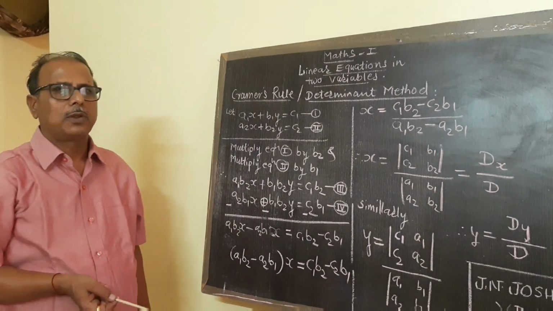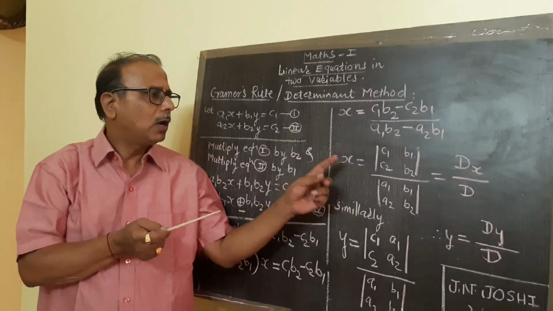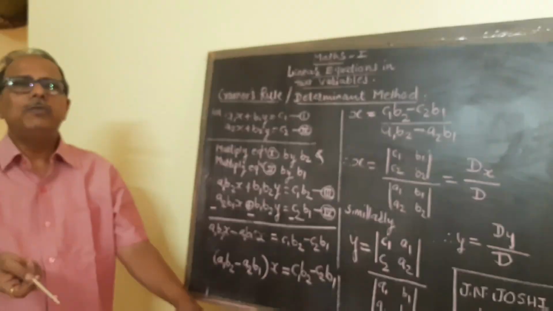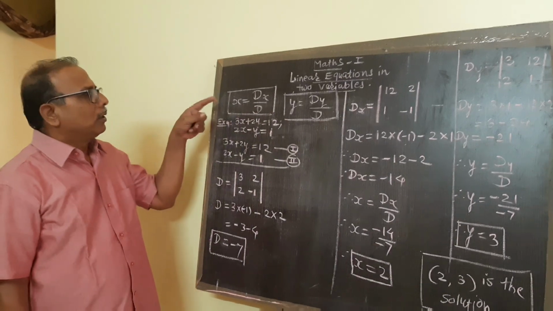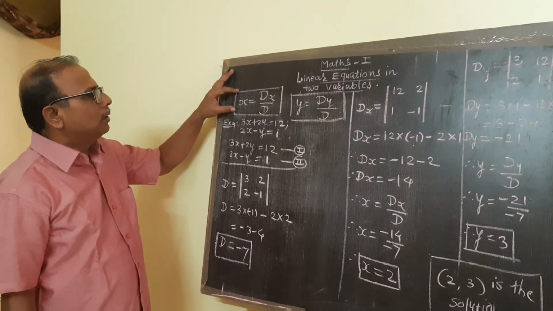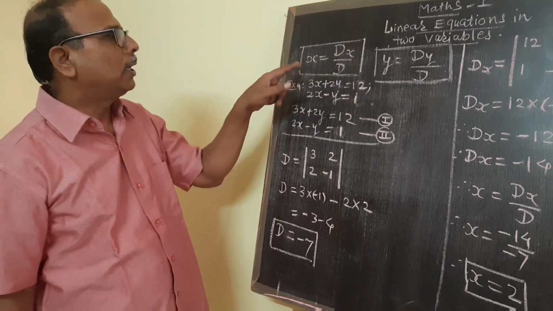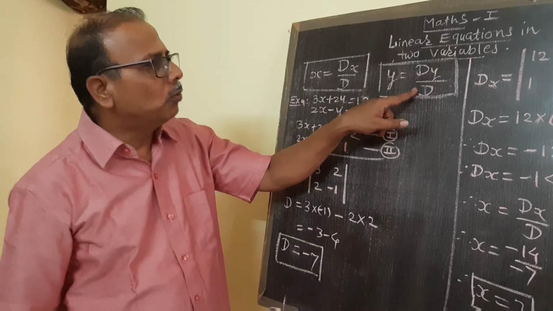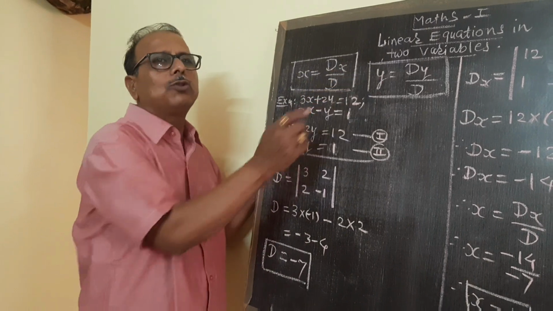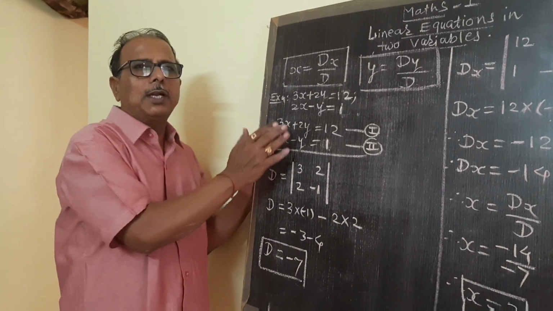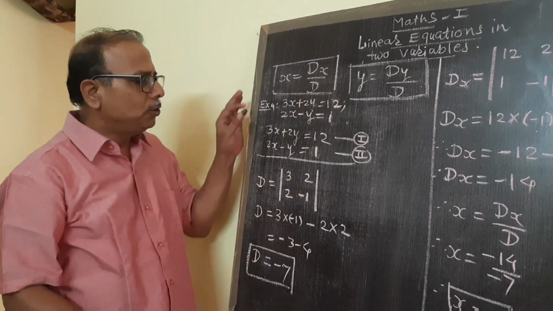One example: how to use these two formulae, or how to use the determinant in solving simultaneous equations. Values of variable x and y can be calculated by using these two determinants, d of x and d. Taking the ratio of these two, we'll get the value of x, and taking the ratio of these two determinants, we'll get the value of y. So we use this determinant trick to solve simultaneous equations.